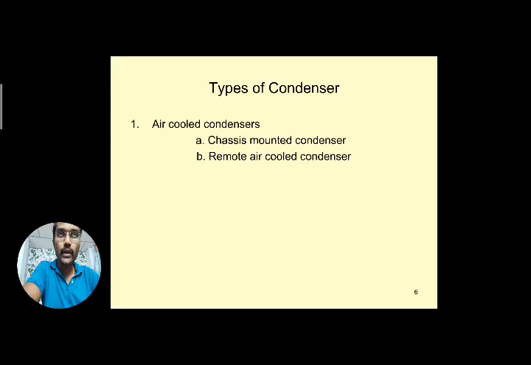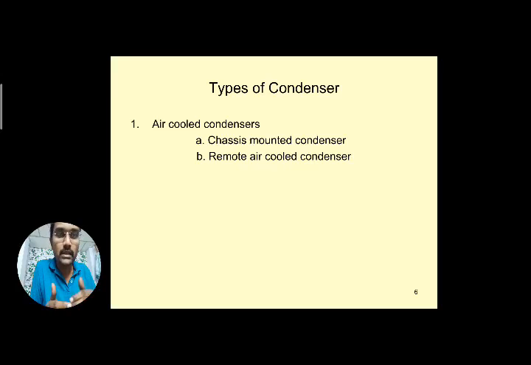Generally, an air cooled condenser occupies a very large volume. If it has to be used for a larger capacity, it requires a very large fan, like a forced air cooled condenser. Forced air type is required, so it requires bigger fans. So instead, it is limited to only 1 ton to 3 ton capacity refrigeration equipment. These types of condensers can be utilized, like chassis mounted and remote air cooled condensers.